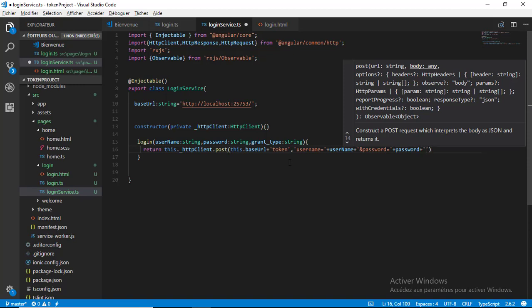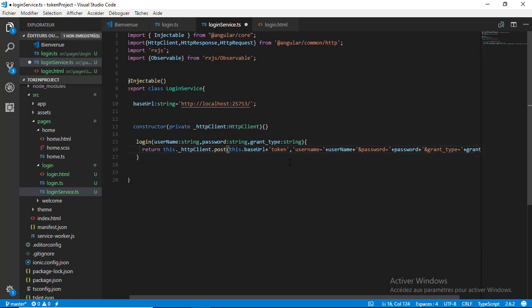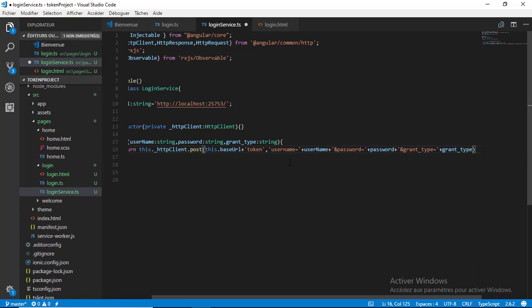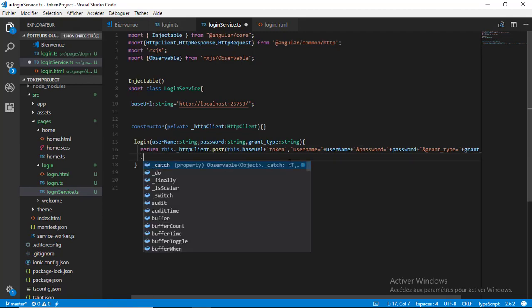We have the final parameter, which is the grant type, equal to, concatenated with the grant type variable there,